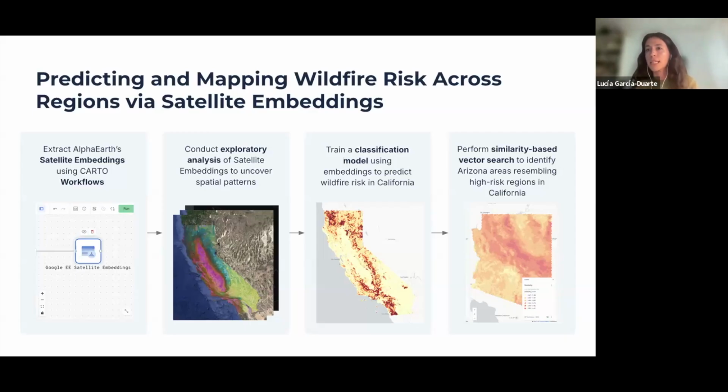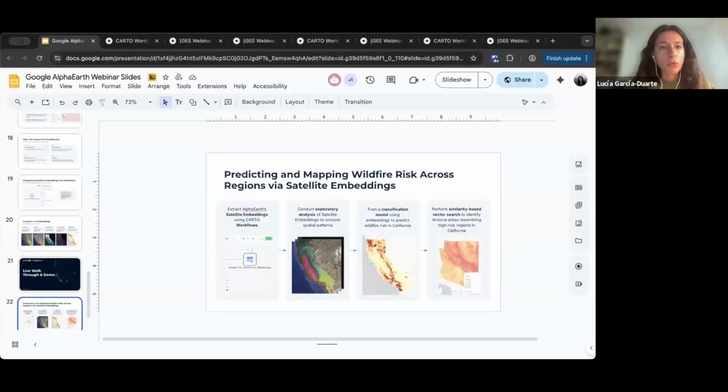Imagine if we are missing historical data from Arizona, it's not very easy for us to run these types of prediction models. We can use the similarity search tool to try to get insights, because this will also help us enrich our analysis. So let me just go to the first